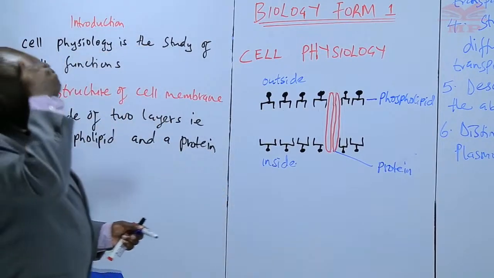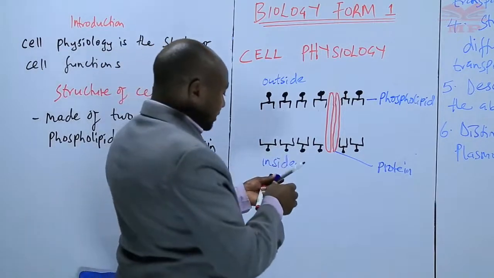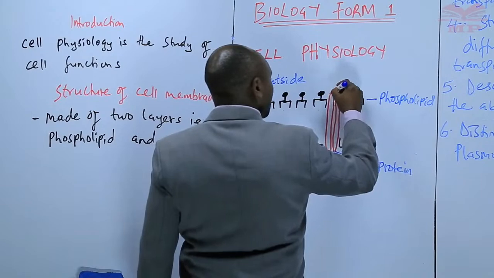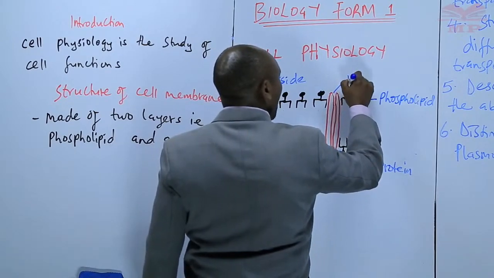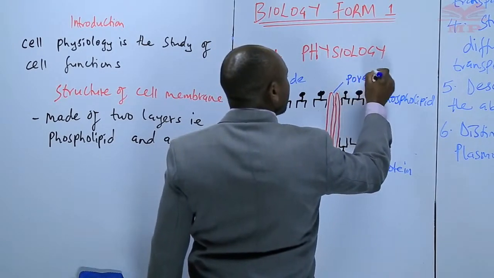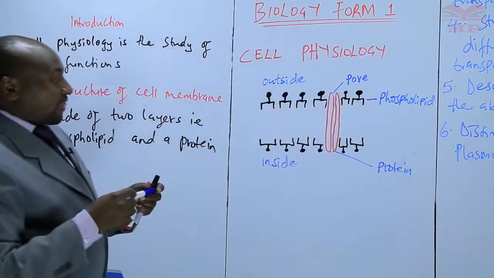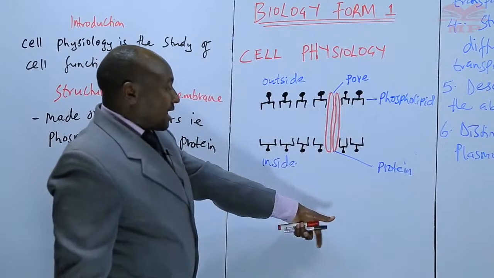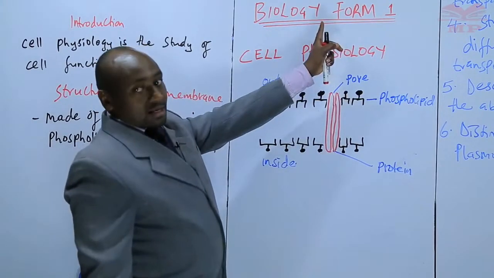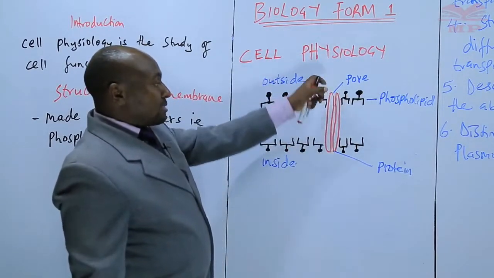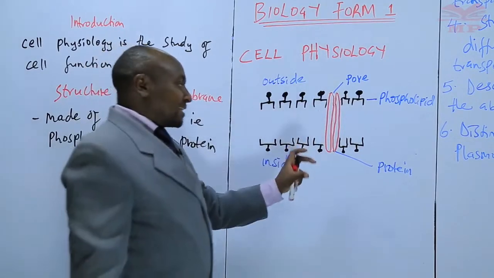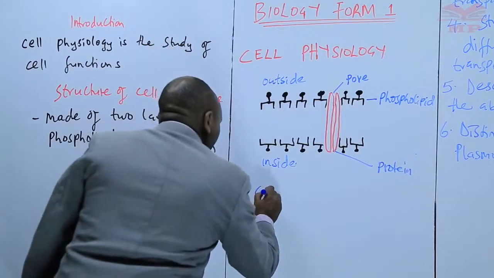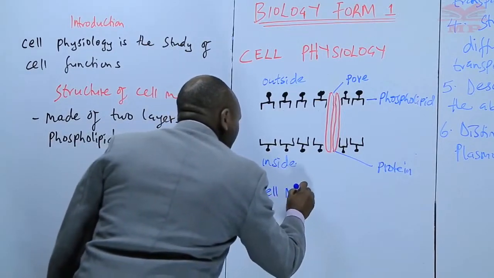Now, in between the protein layer, there is a small opening here, and that opening we call it the pore, P-O-R-E. It's a hole that allows substances to get inside the cell and also outside the cell. So that opening is meant for that. We shall look at the characteristics of the cell membrane. So this is basically the cell membrane